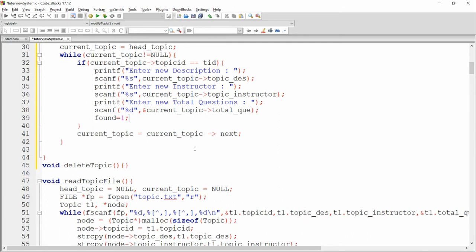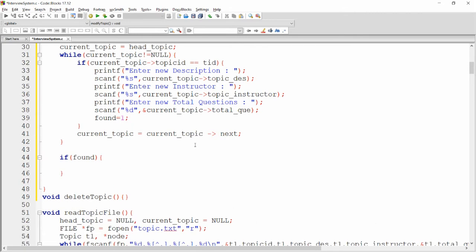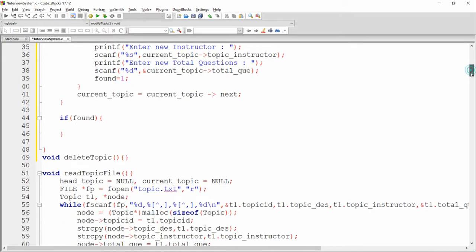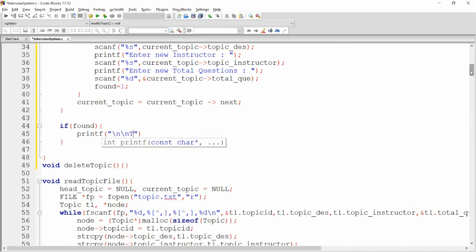At last we can write one simple condition over here. If found, it means that the record is matched, the topic ID is matched. Then we can simply write the message, topic updated successfully.